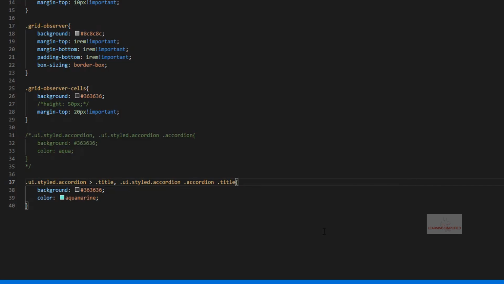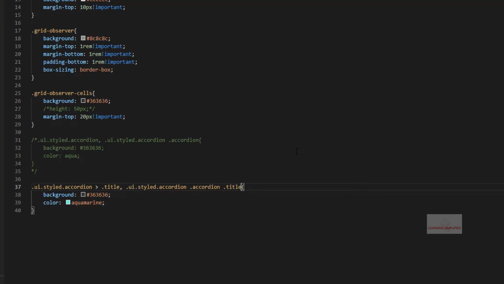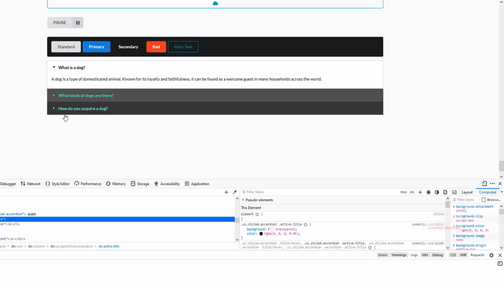We have no need of this first child here because we are targeting to change the background color and the font color of any title part which is present in this accordion template. That is why. So let's head back to customstyle.css, press Ctrl S,